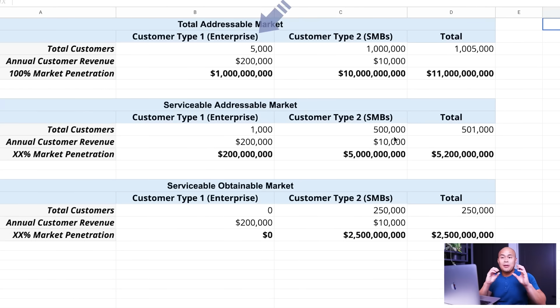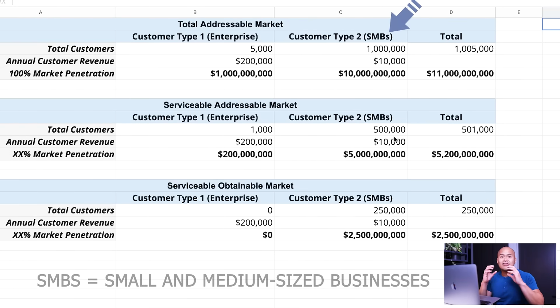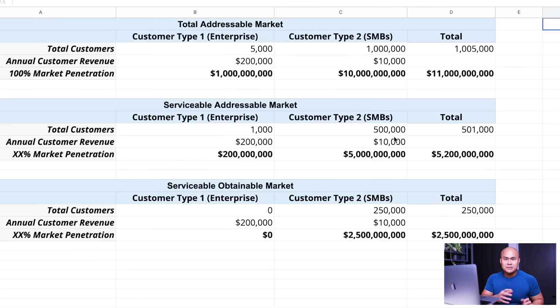But with all that said, if we look deeply here, essentially you need to really understand what are the different customer profiles if you were to take up 100% of the entire space for your business. So, if we're looking at a software company, there'd be two different types of customers. One would be customer type one as enterprises, and the second customer would be small and medium-sized businesses, right? Those are the two customer types that take up 100% of the space.